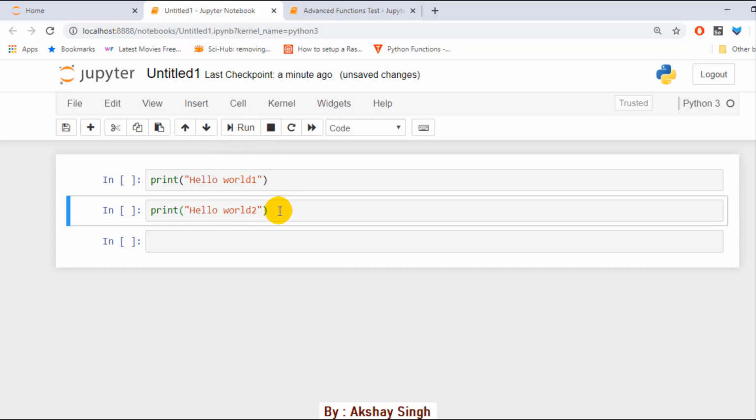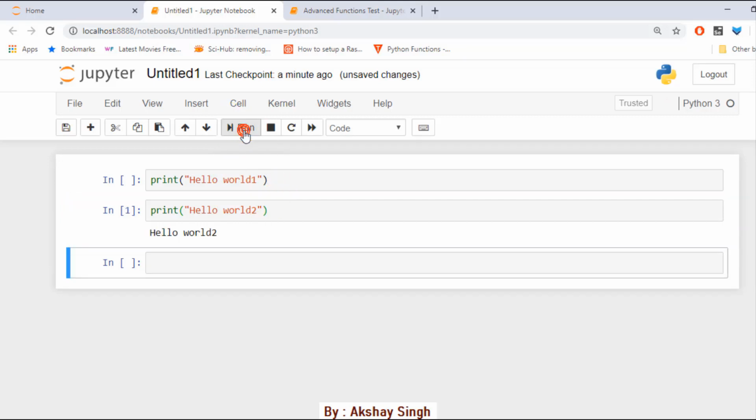And this is for executing the current cell. When you press run, the current cell will get executed and you will see the output just below the cell. So this is for stopping the kernel, this is for restarting the kernel. We'll see later on what this kernel means. So this is a very important thing. If you are writing some code, this will show code here.